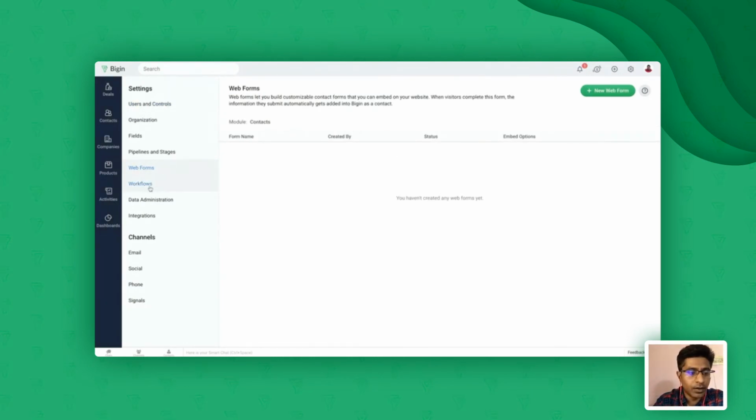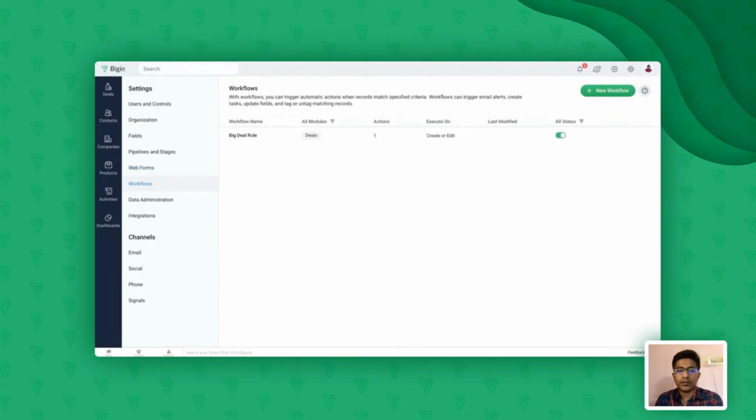Now let's have a look at the workflow automation that we have in Begin. Right. So with Begin, you'll be able to automate certain manual things that you do on a regular basis. So for example, if you want to send a welcome email to any of your contacts, whenever they are entered in Begin, you can pretty much do it from workflow. So instead of entering the contact information in Begin, and then going back to send email and then sending an email, you can actually automate that whole thing over here.